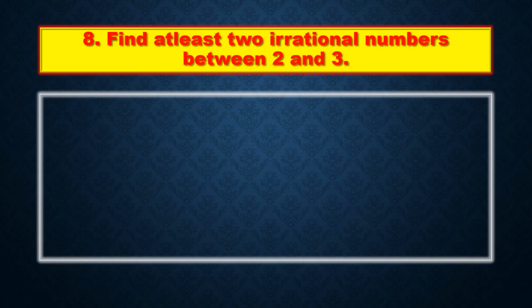So this is your next question. Find at least two irrational numbers between 2 and 3. Here he didn't give a p by q form number. If we are given a p by q form number like in the previous problems, we can write the decimal expansion and write any two irrational numbers.